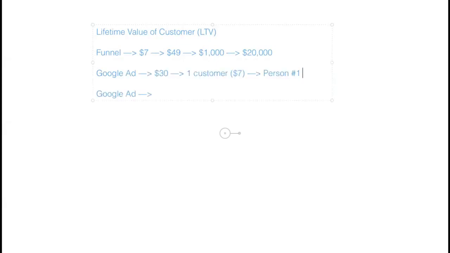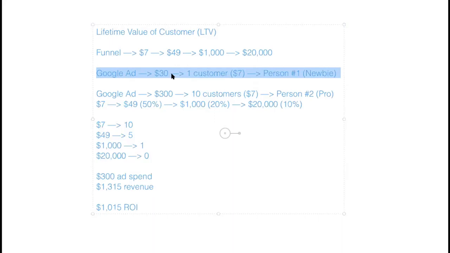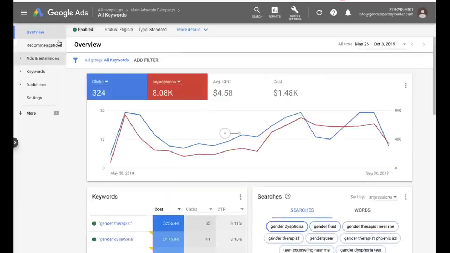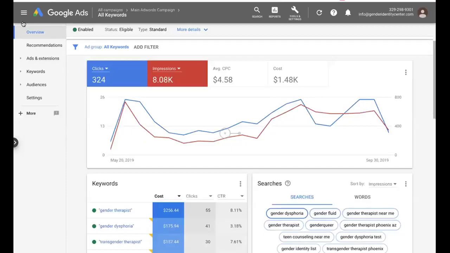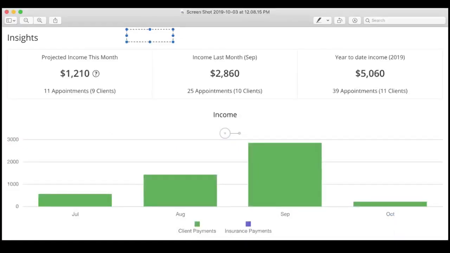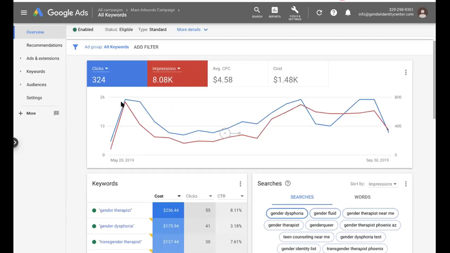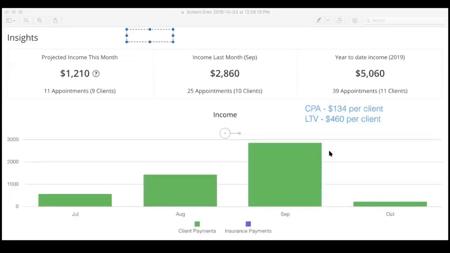And then I had a follow-up webinar that was done about 4 months later. This is very recent to the time of the boot camp, where I walk you through how the lifetime value works with placing Google ads. And then the cool part is I show you the follow-up of the actual campaign. So I walk you through projected incomes, year-to-date incomes, and I contrast that with the amount of money spent through our Google ads. And then I walk you through the actual cost per acquisition to get a new client and the lifetime value so far of each client.